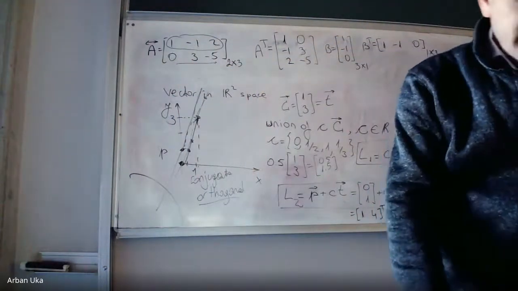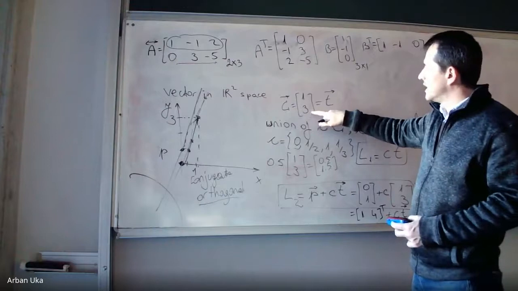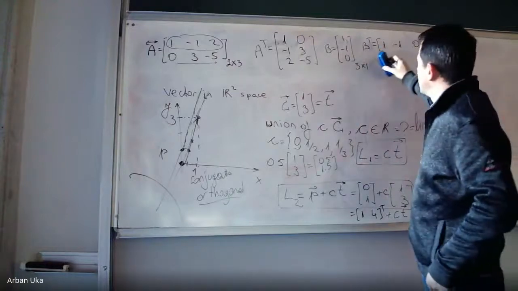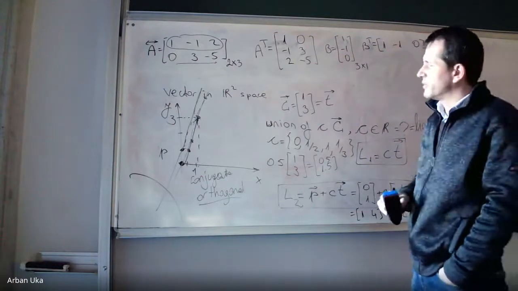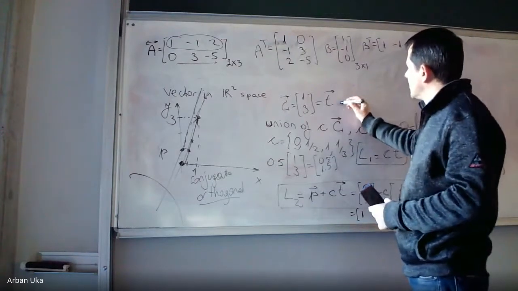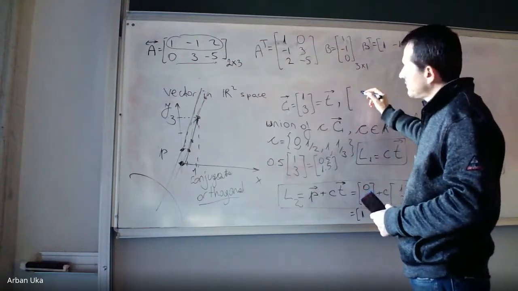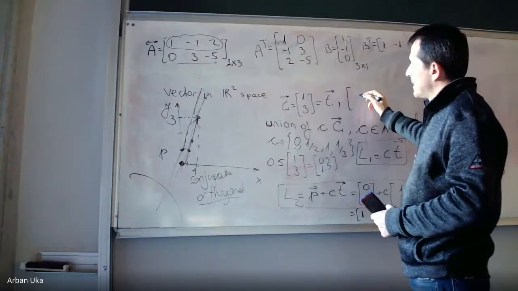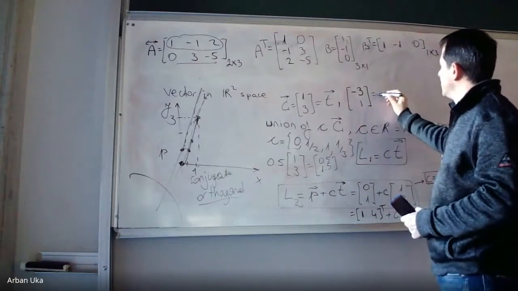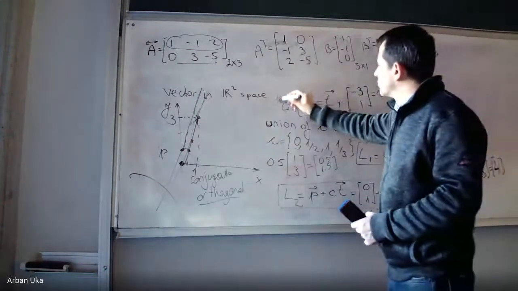So, okay, so far we discussed the union of a single vector times a constant, which was a line, okay? Now we can also define a more complex construct. Imagine for a moment this is vector t, and let's define another vector, which is, let's say, minus 3, 1. And let this be equal to vector v. Okay? And now, if we look at these two vectors,